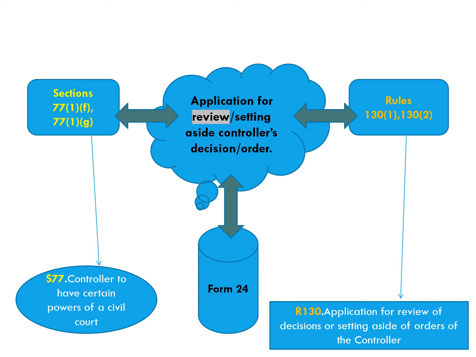So you can easily link up here that application for review, and setting aside controller's decision, and here the controller has the power of a civil court. This thing you need to remember. So this way section 77, rule 130 and form 24 are linked, and the keyword here is review. Or setting aside controller's decision we can take as the secondary keyword so that it can be related to section 77. Fine. Okay, let us proceed with